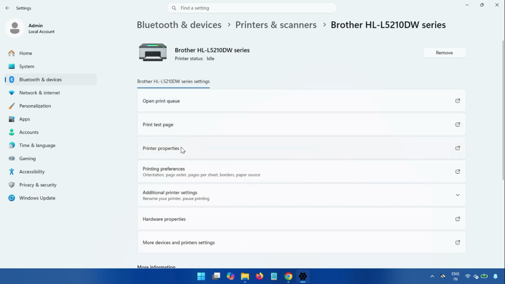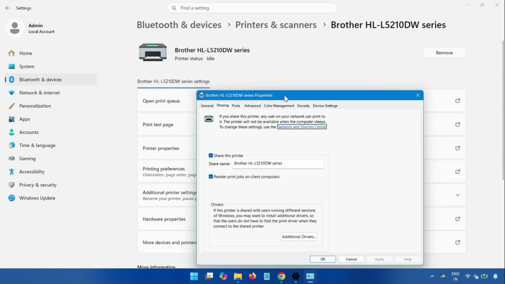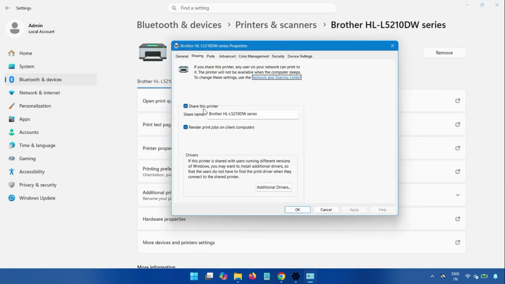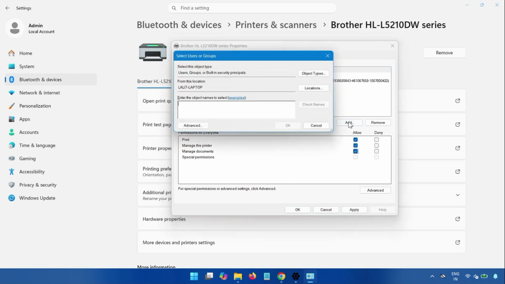And then if you want to share the network on this printer, click Printer Properties. After that click Sharing, then check Share this printer, and then click Security, then select Everyone and check Allow access for printing. Okay, one by one. Guys, Everyone is mandatory. If Everyone is not showing, click Add and then